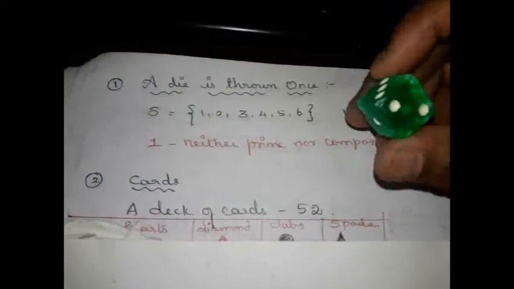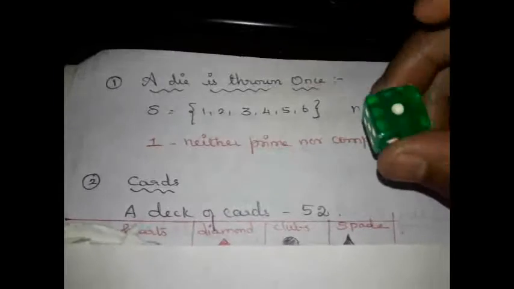So, what is this S? S stands for sample space, the possible outcomes. So, when you throw a die, the possible outcomes will be 1 to 6. So see, this is the die. So what are all the possible outcomes we have here? We will be having 1, 2, 3, 4, 5, 6, all the possible numbers from 1 to 6. So when we throw a die, what are all the possible outcomes we will get? 1 to 6, right? So n of S is going to be 6.